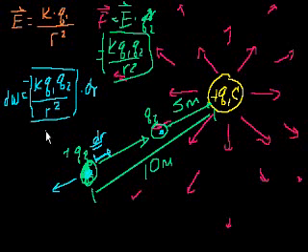So how do we figure out the total amount of work? Right, we figured out the amount of work to get it from here to here, and I even drew it much bigger than it would be. These drs, this is an infinitely small change in radius. If we want to figure out the total work, then we keep adding them up. We say, okay, what's the work to go from here to here, then the work to go from there to there, then the work to go from there to there, all the way until we get to this 5 meters